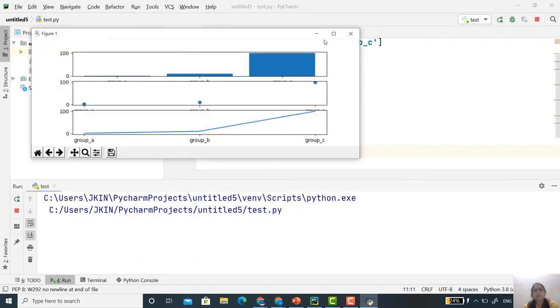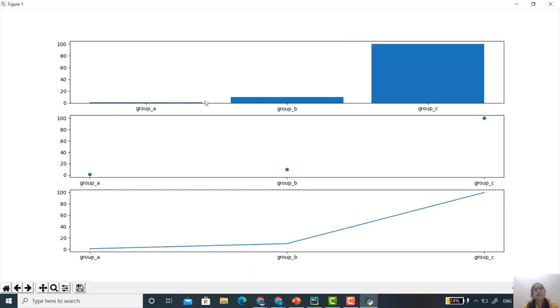See here, three different graphs are generated. The first graph represents a bar graph. The second is dots, and the third one is a line, because we have specified bar, then scatter, and then the simple plot, which is a line. Here we have one column but three rows.